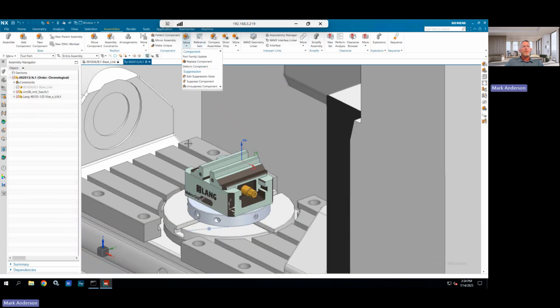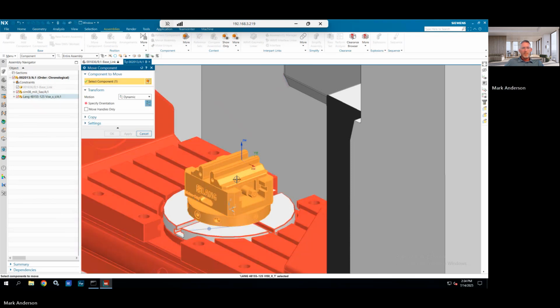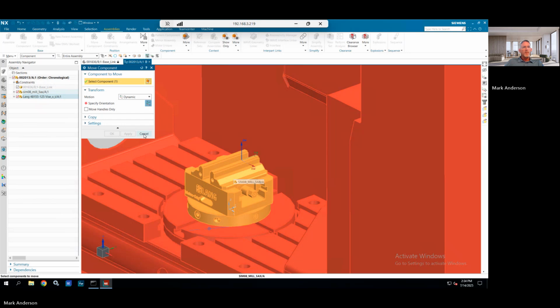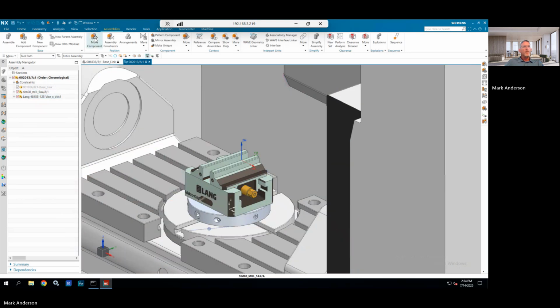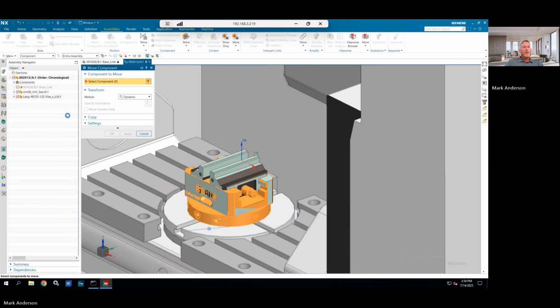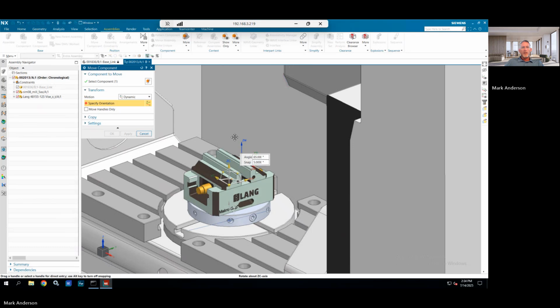Now I'll move a component so that we have it 90. So then now once we have this set up,